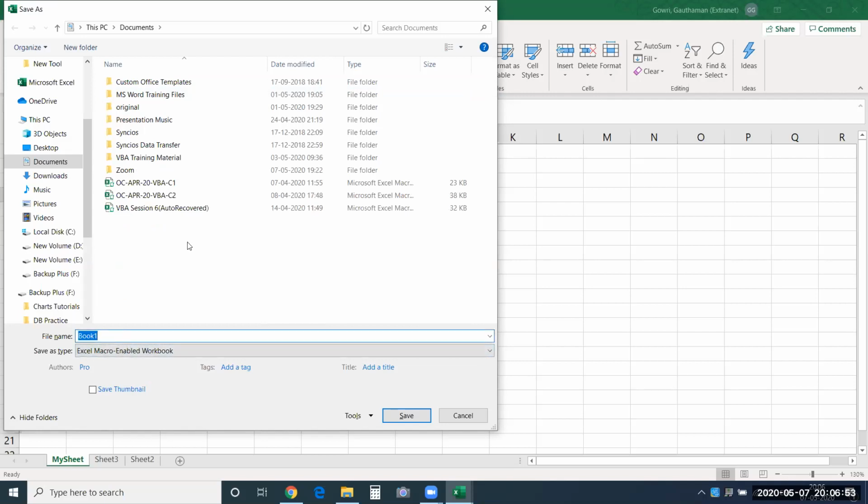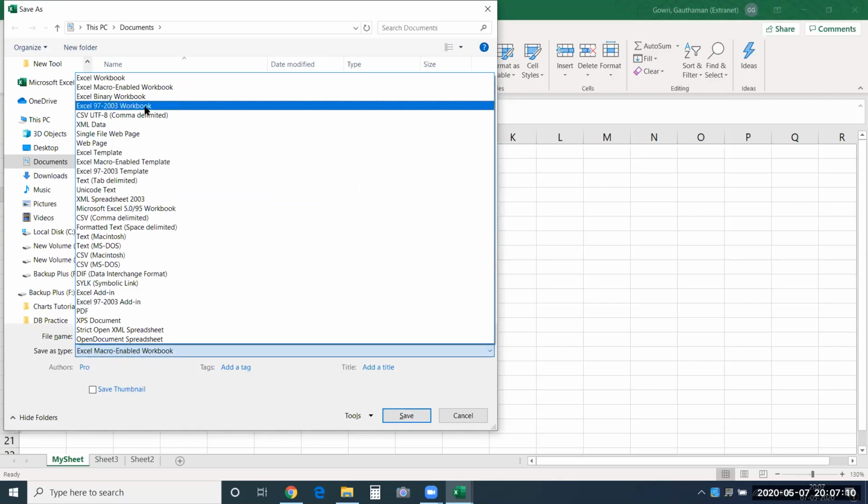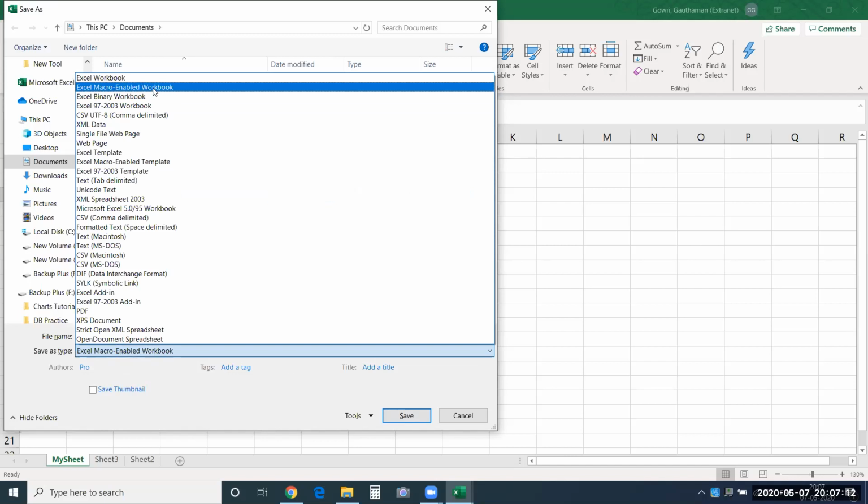I'll just choose this, say batch 2. This is our class 3, I guess. So you need to save it as macro enabled workbook, Excel macro enabled workbook.